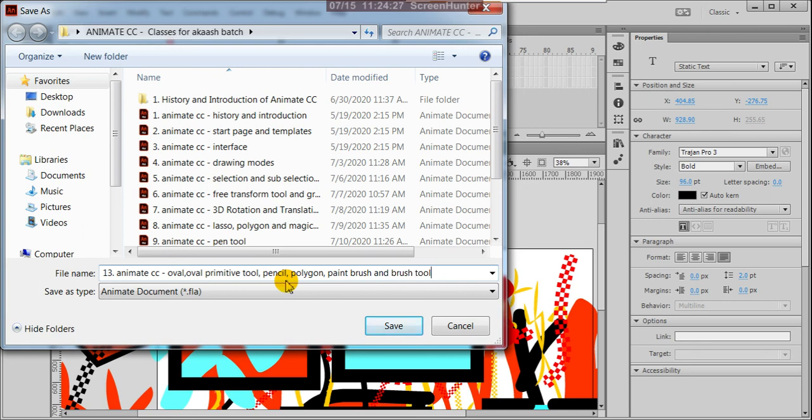So today's lesson is the 13th: oval, oval primitive tool, pencil, polygon, paintbrush and brush tool.